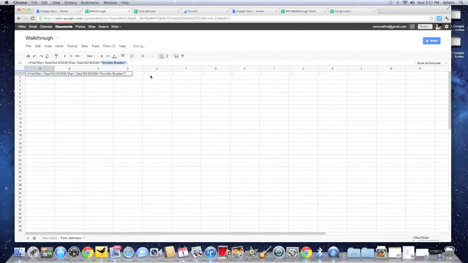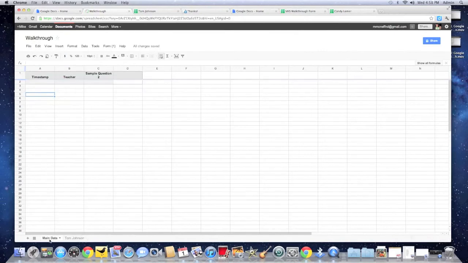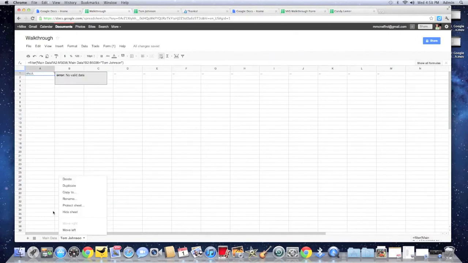formula. What I want to do here is just type in Tom Johnson, and this is going to pull from my main data. So where you have everybody here, it's going to pull into individual sheets. Okay, and I don't have anything in there, so of course it's not going to have any valid data in there. Our next thing that we're going to need to do is go to the individuals